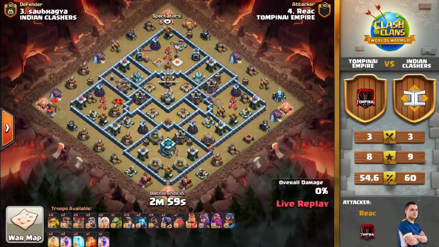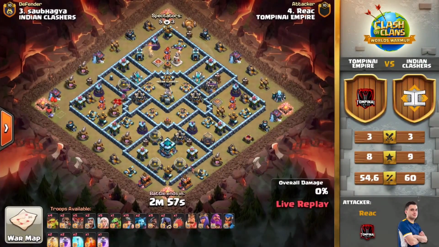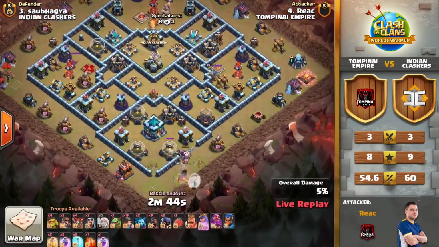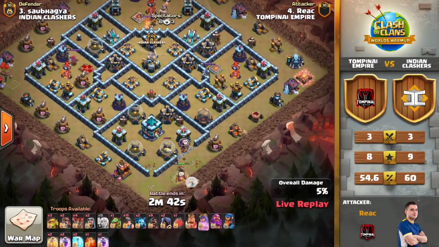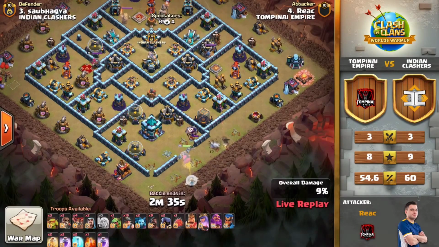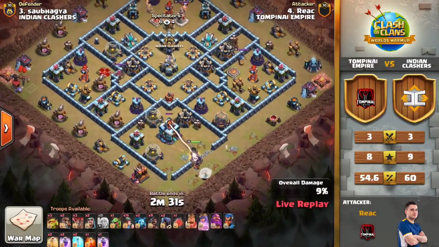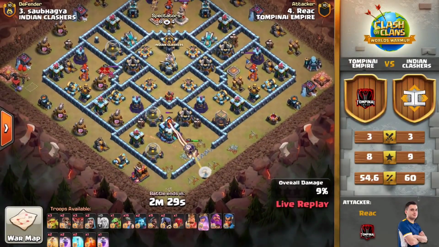Now we have React coming in with another Queen Charge Hybrid. Yeah, and I feel there's so many things we could talk about here, because like you said, Indian Clashers now just offensively putting up so much pressure, and we've only seen Tompinai fall behind once, and that was to Alternate, where they did end up losing the war. So maybe that is happening here, or they could spin it around, because this is the most important attack for them. If this is a